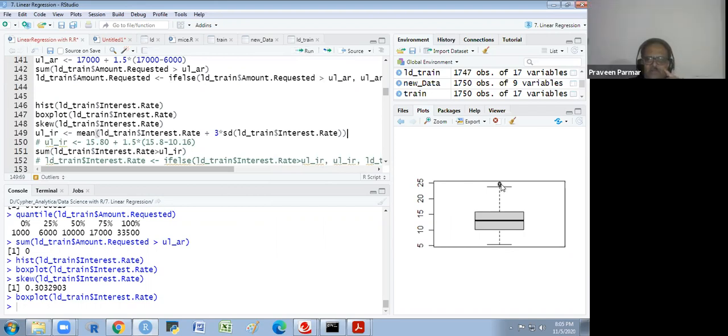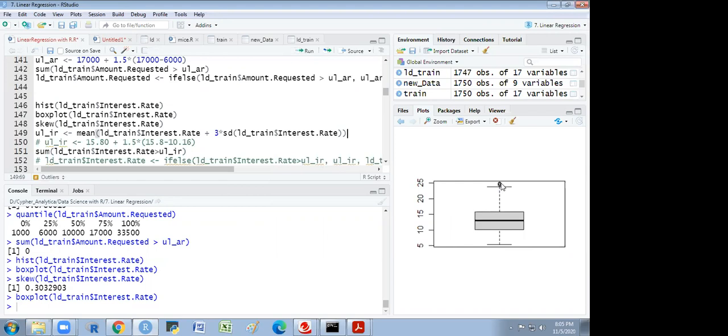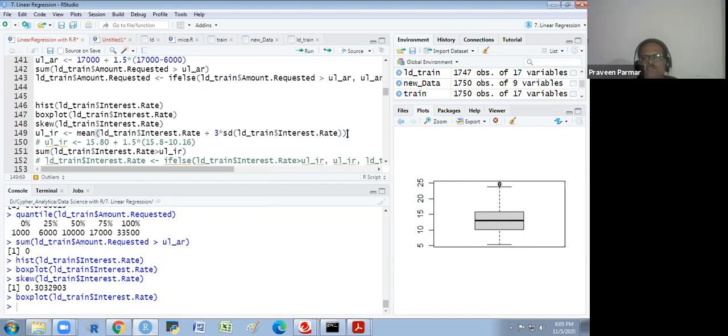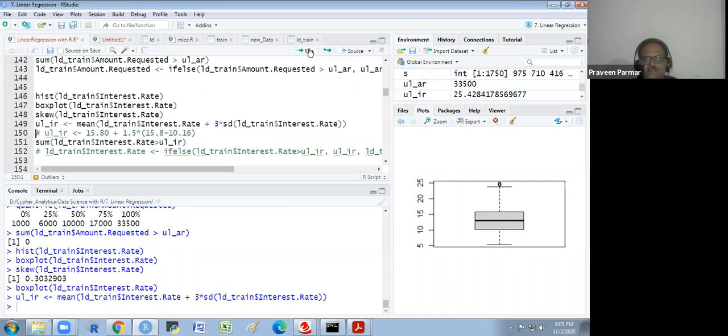It is showing me the outlier, but it may not be there, because the box plot always shows outliers for skewed data. Not for normal data. But in spite of that, we see whether there is some outlier or not.